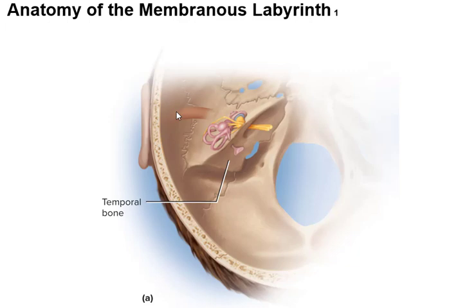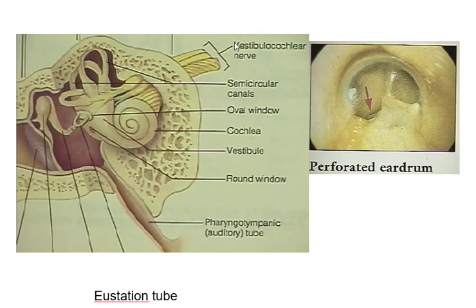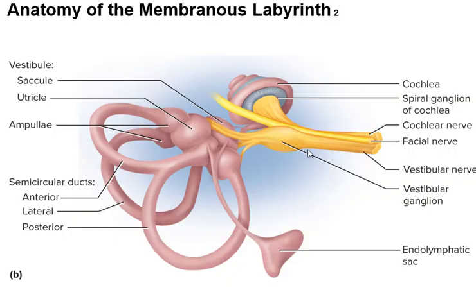Here's where the sound comes in through the pinna, the external auditory meatus, and then here's the hearing apparatus in the temporal bone. Another thing, when you're looking at the vestibulocochlear nerve, it looks like three pieces, and that's because the facial nerve also gets in on the action. So there's your vestibulocochlear nerve and the facial nerve,